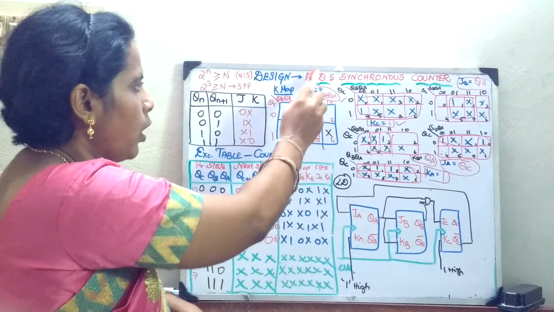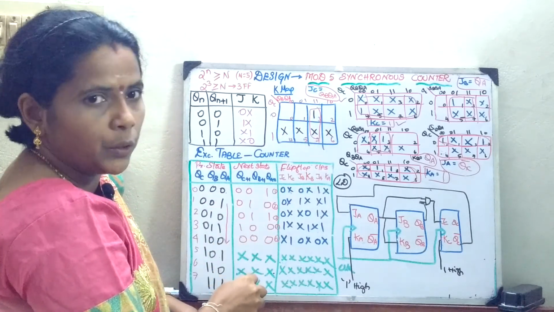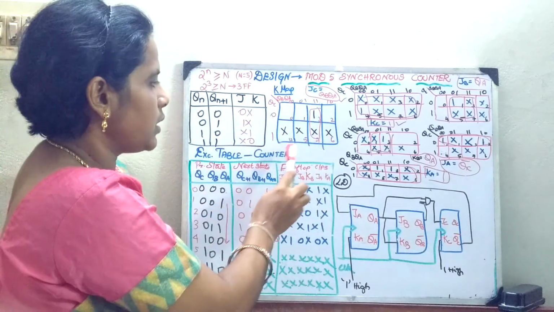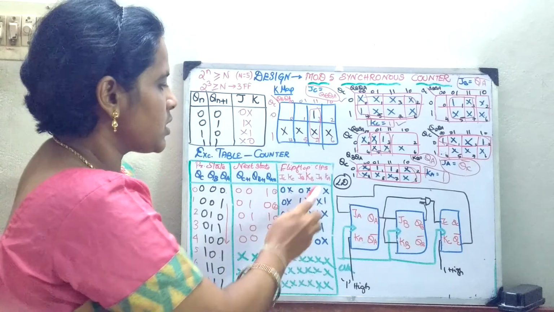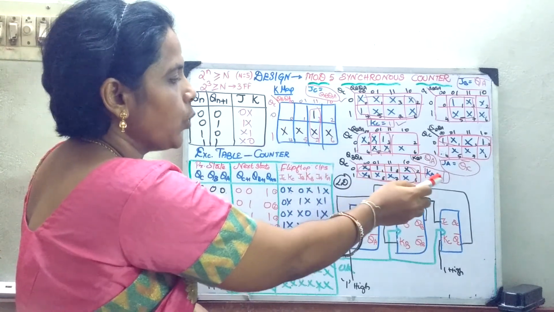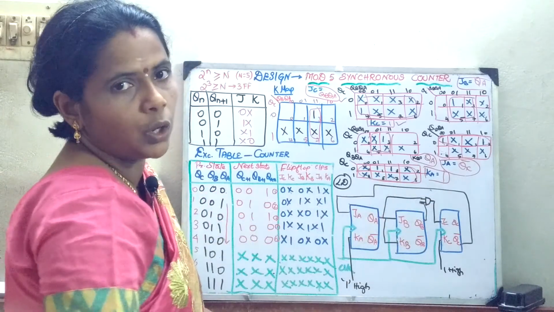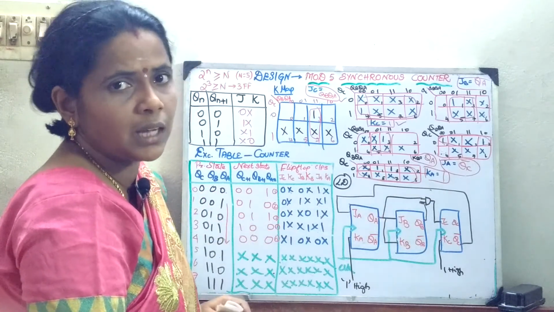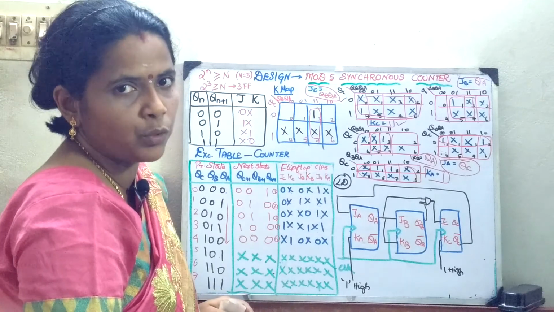The last state goes back to the first state, since you are just using a mod 5 counter. So all the other states will be don't care. Then by using the excitation table, fill this. Once this is done, draw the 6 K-maps for all the things. Then with the expressions found from the K-maps, draw the logic diagram. So this completes the entire circuit design procedure.